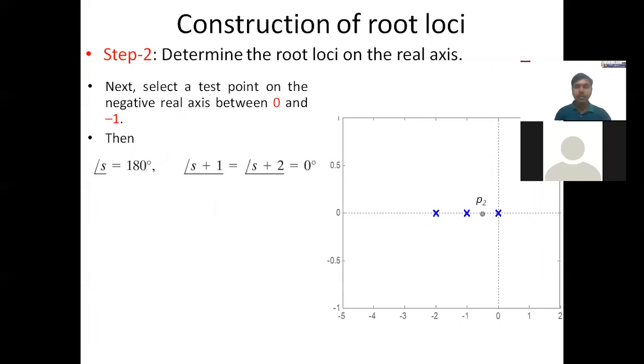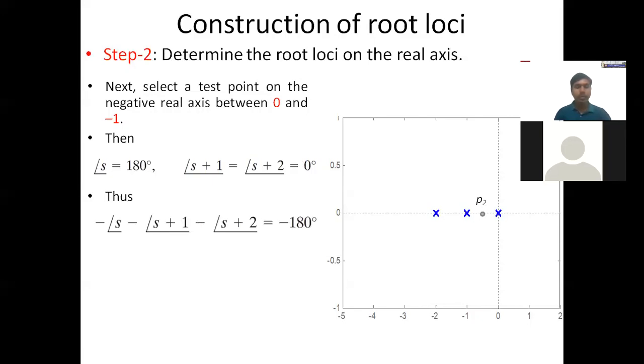And now we'll take the second test point in between the first pole and the second pole. Say suppose s is equal to minus 0.5. When s is equal to minus 0.5, the angle of minus 0.5 is equal to 180 degrees. But here minus 0.5 plus 1 is plus 0.5, and here it is plus 1.5. So these two angles are 0 degrees only because they are positive numbers. Since it is a negative number, we have a 180 degrees angle. Therefore, only this pole is satisfying